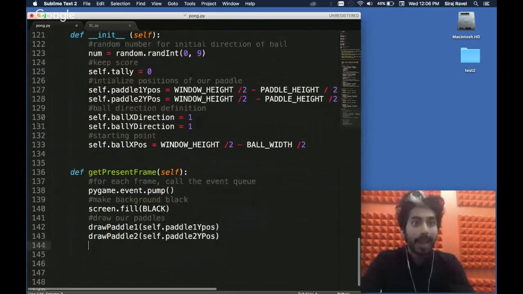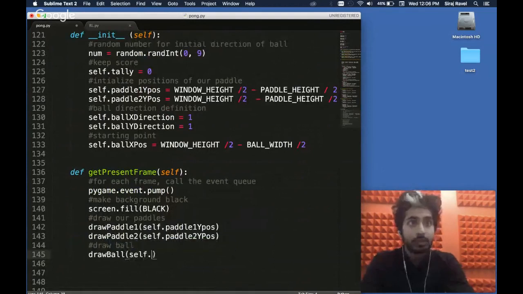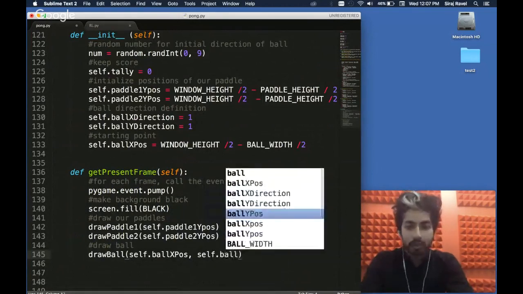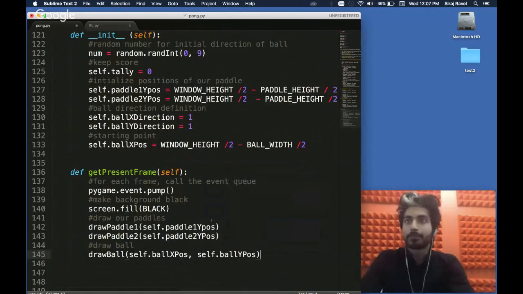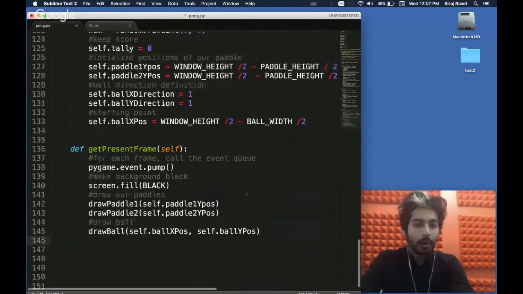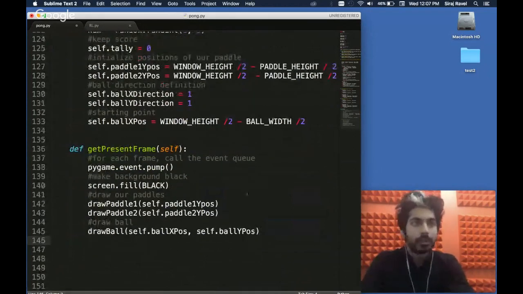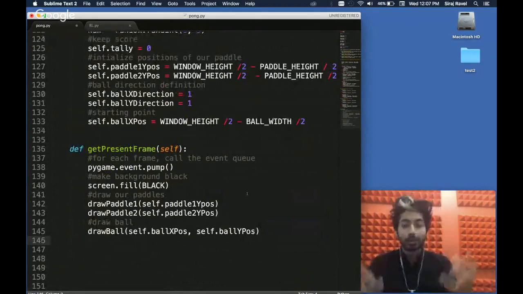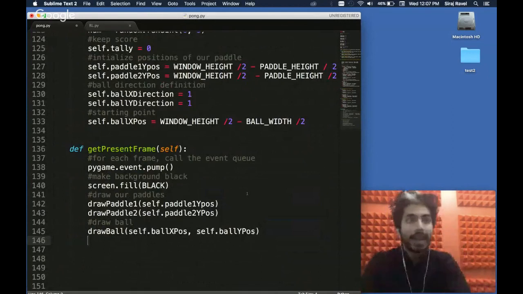Now that we've drawn our paddles, let's draw our ball. And guess what? We made a draw ball function. Let's call it. All right, this is everything we've just done. It's going to be at the X position. We're going to initialize it at that X position, and we're going to use that Y position as well. Okay. Now we've drawn our ball, we've drawn our paddles, we've drawn our screen. And now we want to take all of those pixels from the entire game, and we're going to return that. And how are we going to do that?